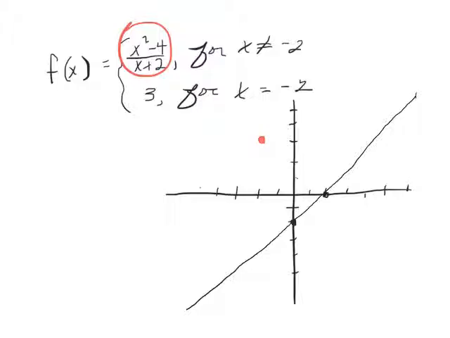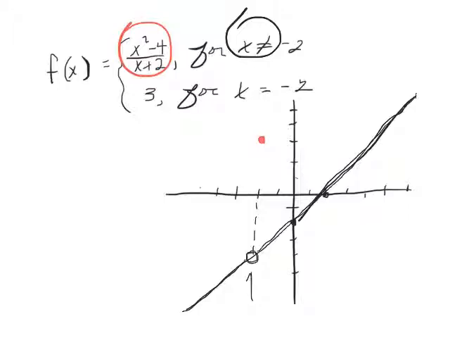Okay. But when I draw that line, notice I also included x equals -2 in my answer right here. What did I say about -2? It can't be part of the answer. So what I have to do here is put an open circle here to say that this graph includes all numbers here and all numbers here, except for when x is -2, because when x is -2,